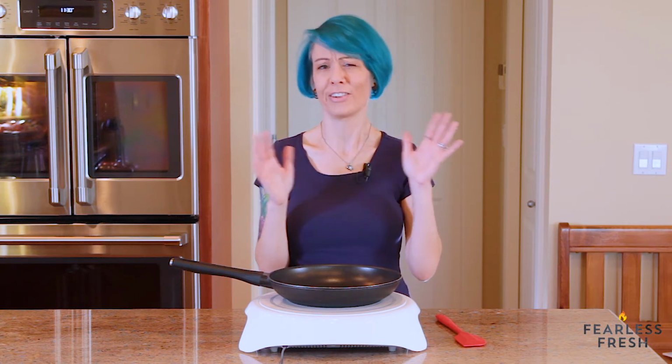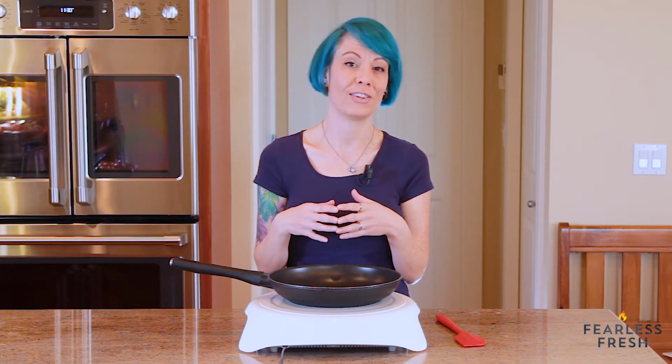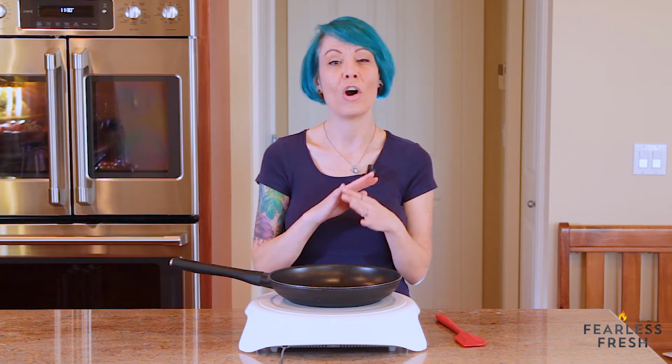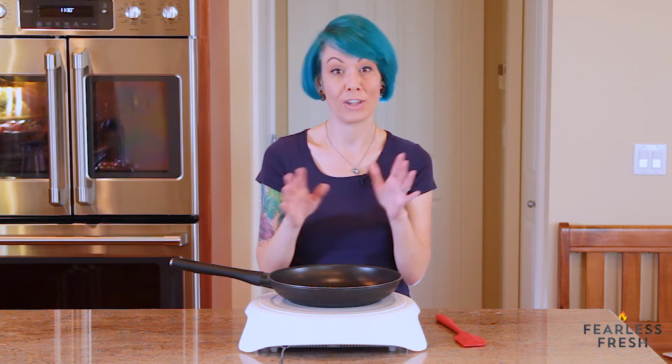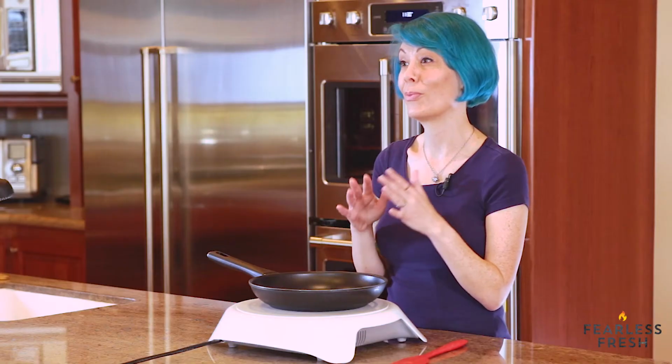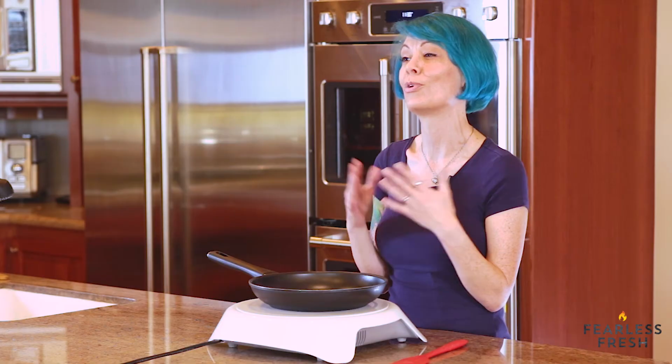People think, oh, they're undercooked, unsafe, and that's not true. In order for eggs to coagulate at all, they need to be 160 degrees. And at 160 degrees, all bacteria is dead. So as long as your eggs are holding some degree of shape, they're cooked. So the difference between creamy eggs and dry scrambled eggs is not a safety factor, it's purely a stylistic